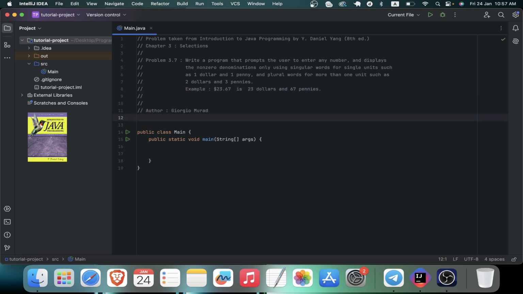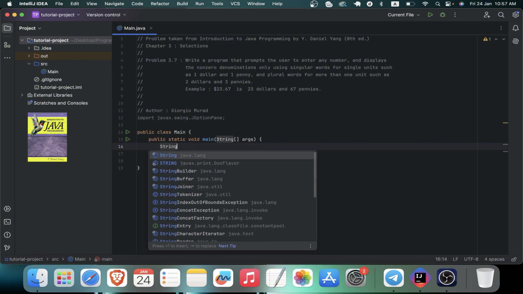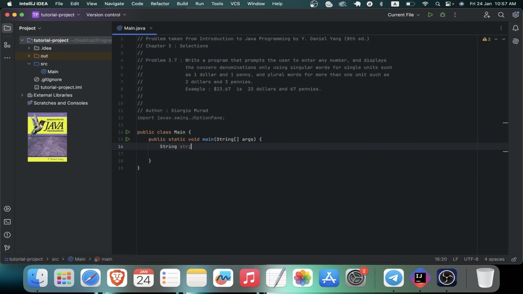So for this exercise, I'm going to use a GUI, which is short for Graphical User Interface. So by importing javax.swing.JOptionPane. After that, I declare a string, name it str, and comment it as string to gather user input. After that, the amount I input is going to be a decimal number, so I'll set it as a double, name it amount,